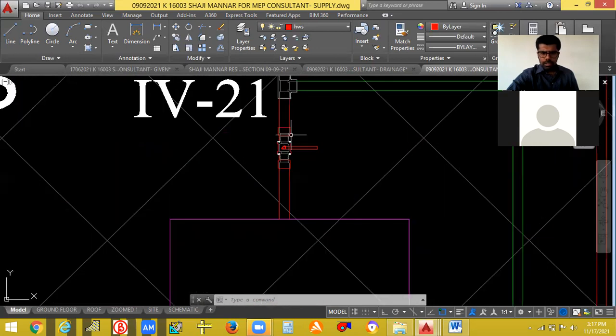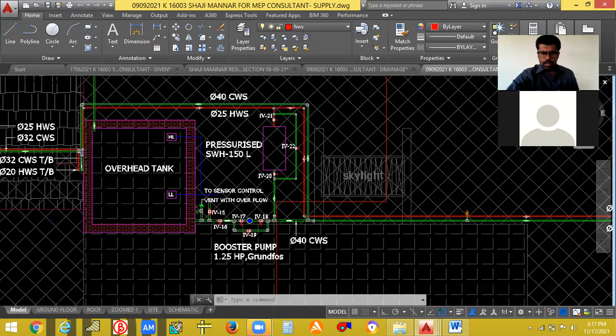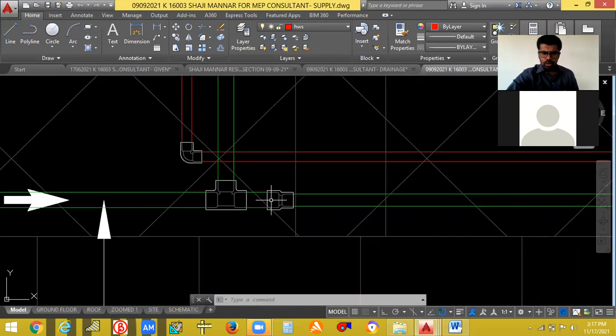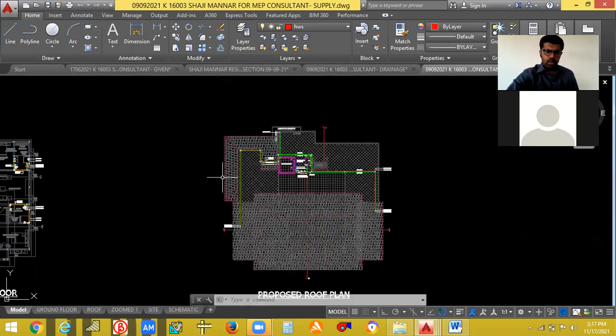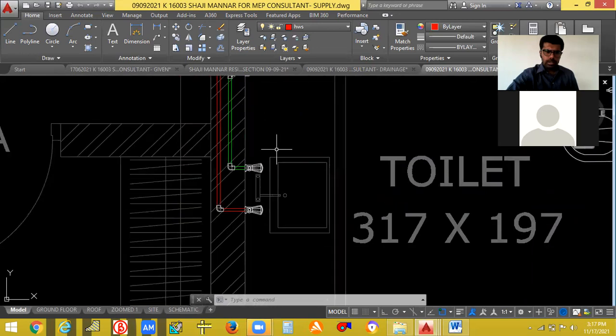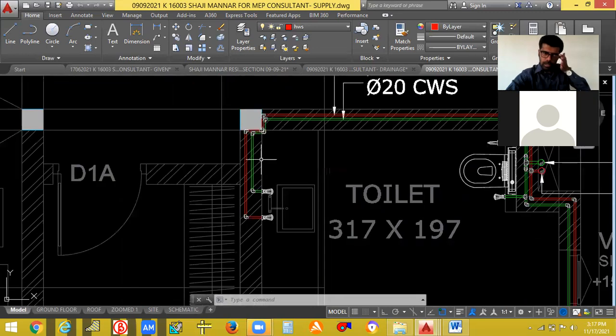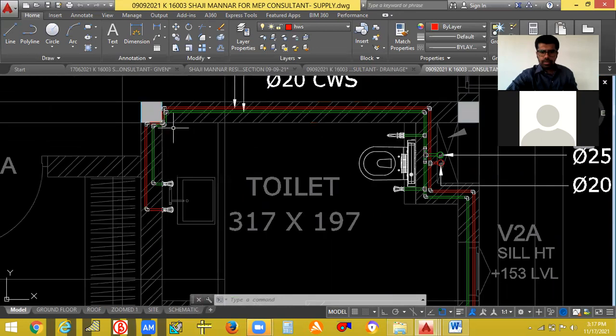Pipe valve connection. Okay. If you want reducers should be given. And when it comes to the individual toilets, see how it is being given. Let's see here. So this is the way that you have to give.